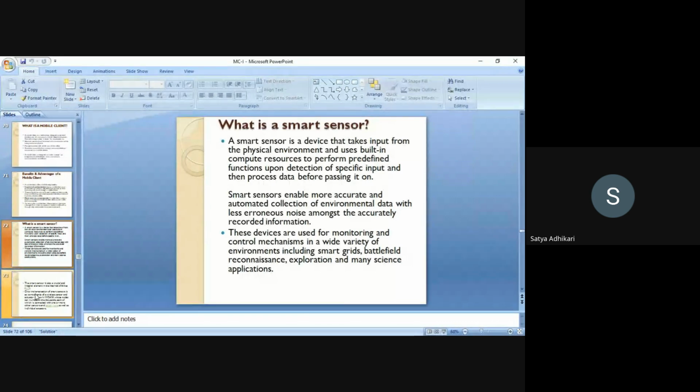So you may get a short question, short notes: a smart sensor. So as the name suggests, smart sensor. This sensor is used within some wireless devices, smart devices, and it senses the